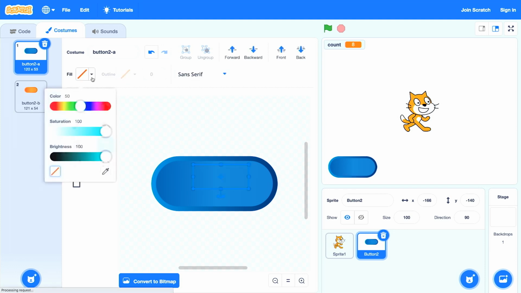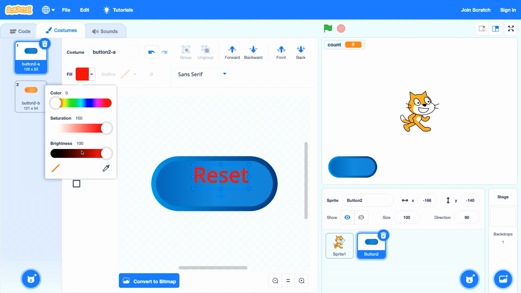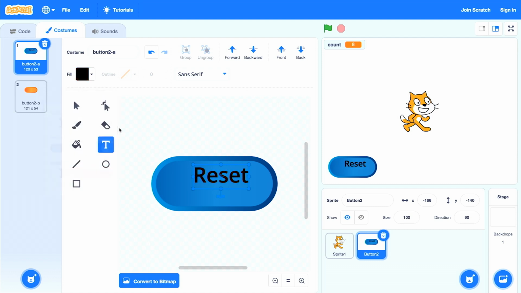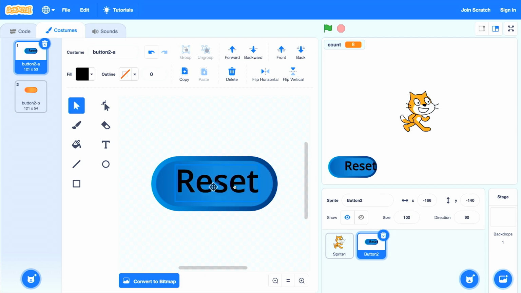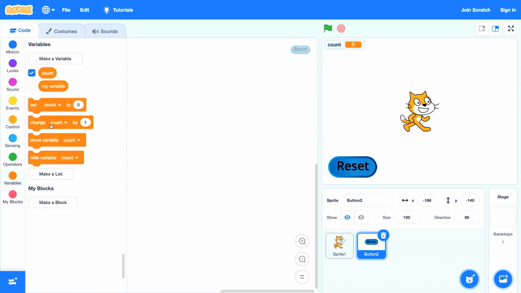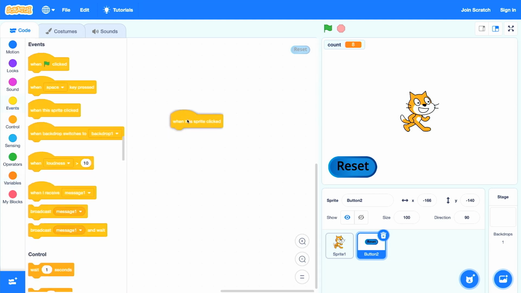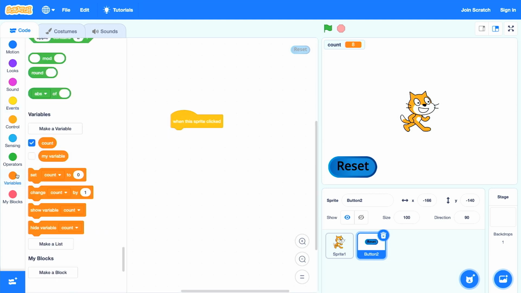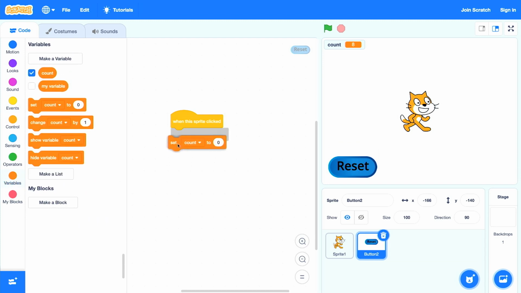I should change the color of that text. We'll make it black text. And let's make it a little larger. So now I have a button to reset the count. And now what do I want to have happen? When this sprite is clicked on, when the reset button is clicked, let's go into variables, and let's set the